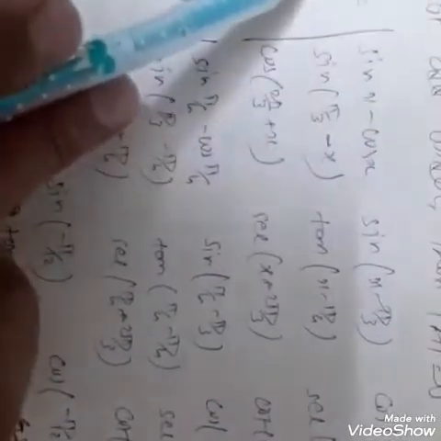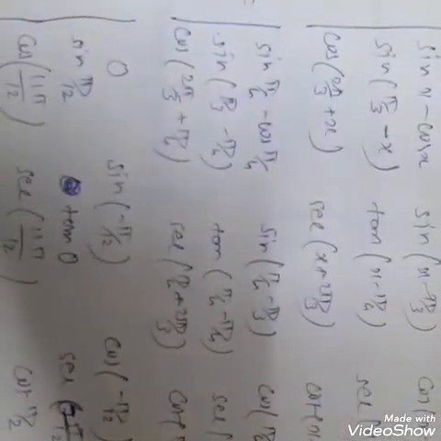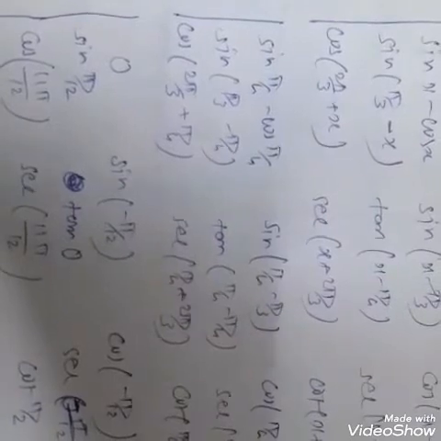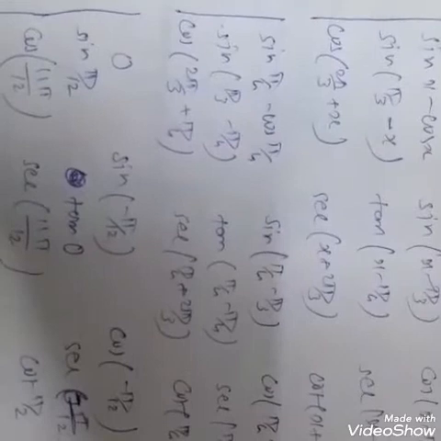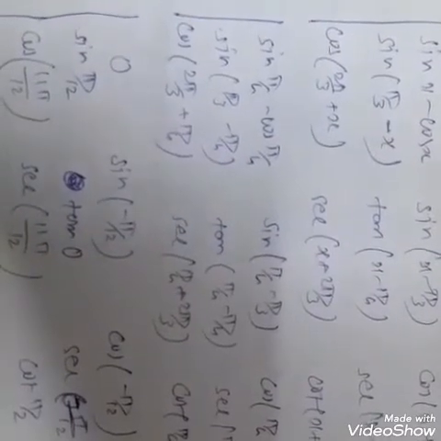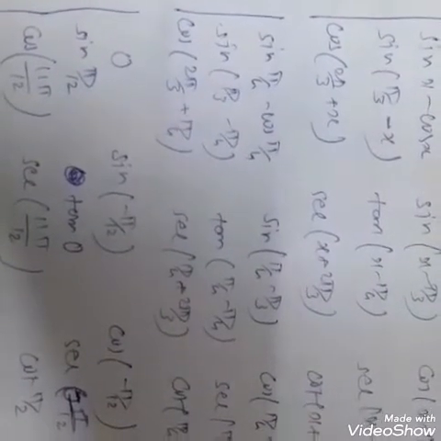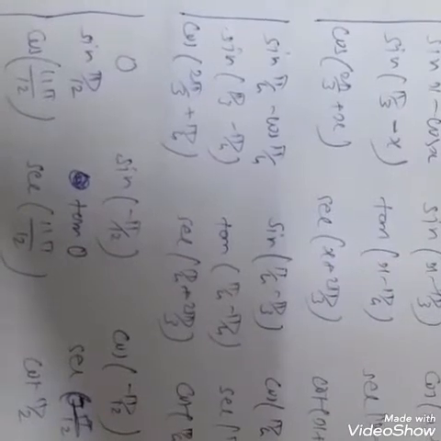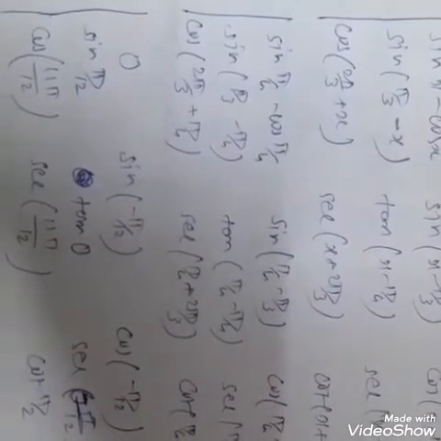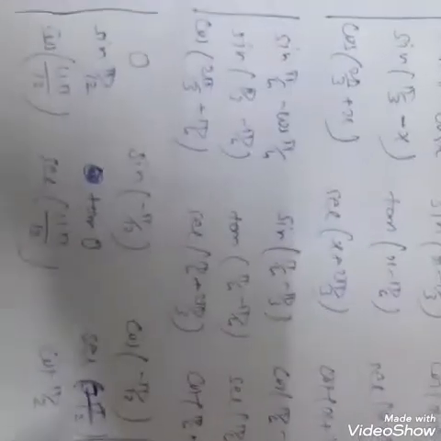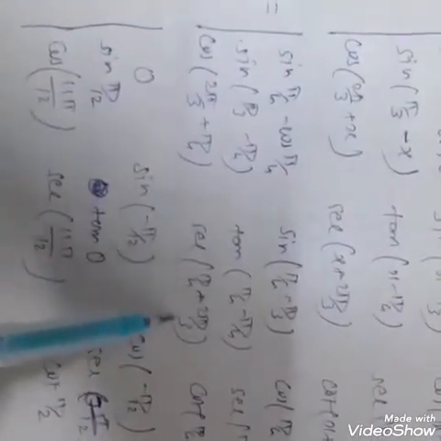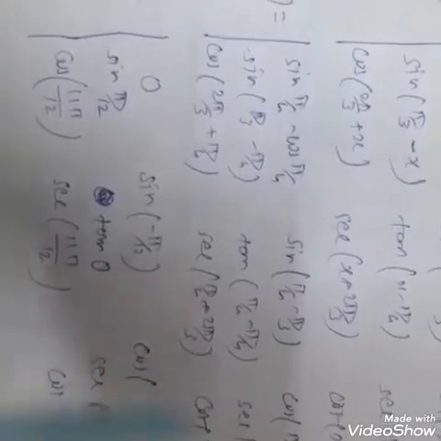So here we take x equal to pi by 4, means here we substitute x equal to pi by 4. So we get this determinant sin pi by 4, because x is pi by 4, minus cos pi by 4, and then sin(pi by 4 minus pi by 3) for the first row. For second row, sin(pi by 3 minus pi by 4), tan(pi by 4 minus pi by 4), and sec(pi by 4 minus pi by 3). For third row, cos(2 pi by 3 plus pi by 4), sec(pi by 4 plus 2 pi by 3), and cot(pi by 4 plus pi by 4).